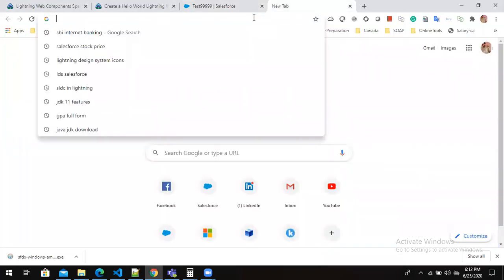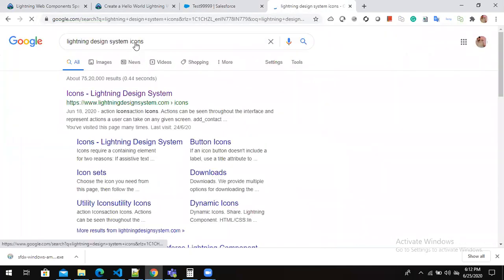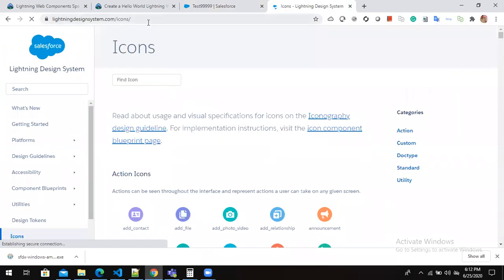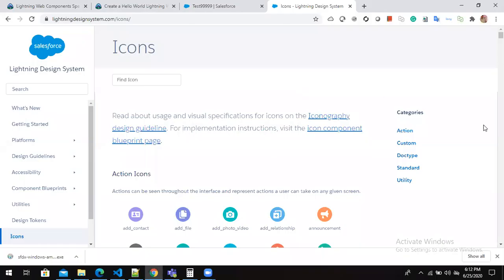Just go to lightning design system icons, type here lightning design system icons, go to this particular website. This is a standard Salesforce website, right? Let me go back to the code. Icon name is the attribute, and the value is custom colon custom 14. These are all the icon names available, so you can click here custom.